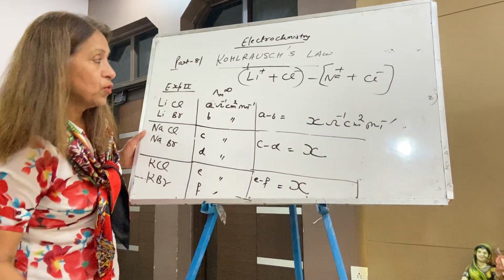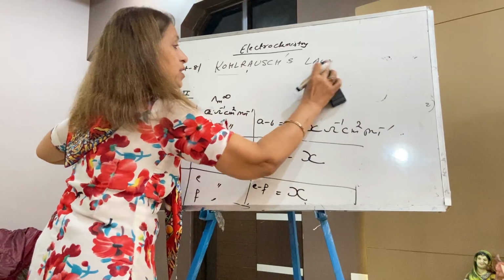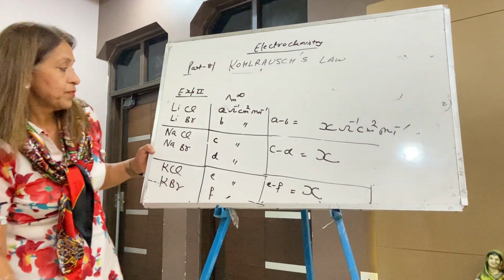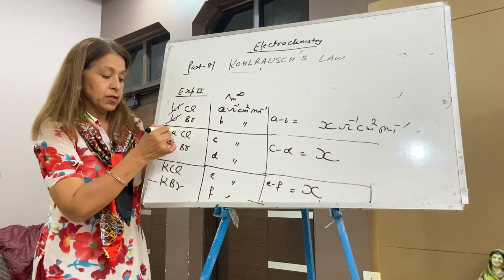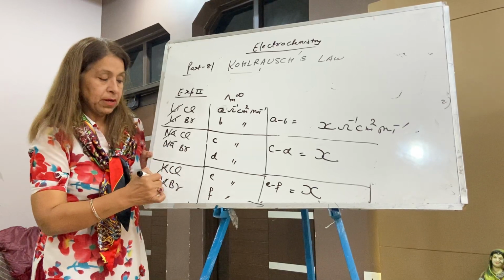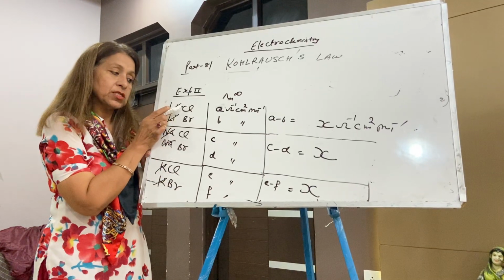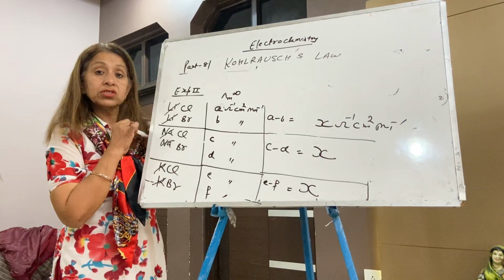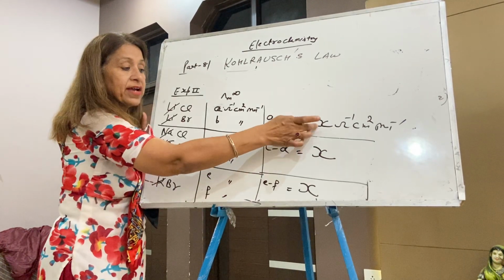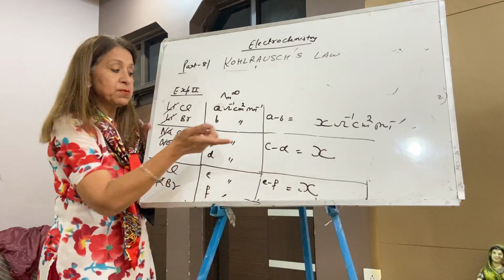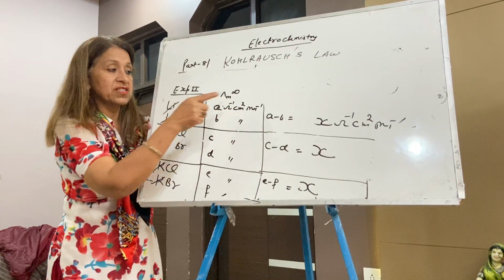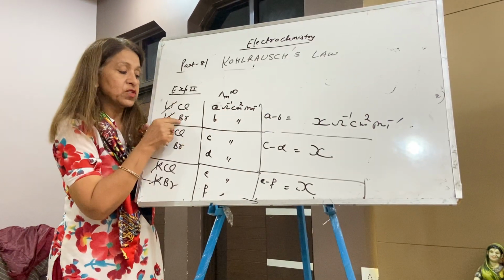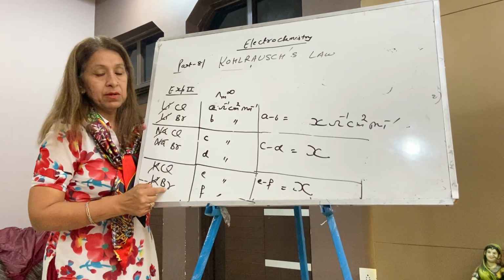Now student, you can check if you subtract these, what will cancel? Here lithium will cancel, here sodium will cancel, here potassium will cancel. What will be left? In each case, chloride and bromide will be left. This means now the question is very clear. The question is why x? The answer is because this x is a subtraction of the values of Cl and Br, Cl and Br, Cl and Br.